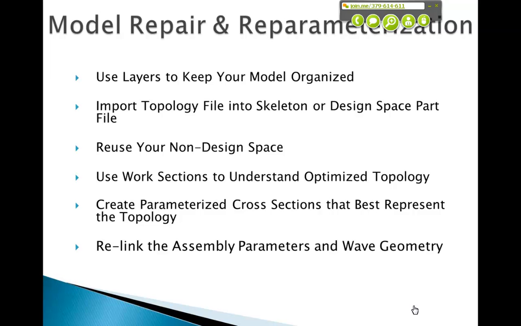If you bring it into the design space model, you want to just use what you set up as non-design space. You want to just accept that information as it was represented in the original file. If you just bring it into the skeleton file,